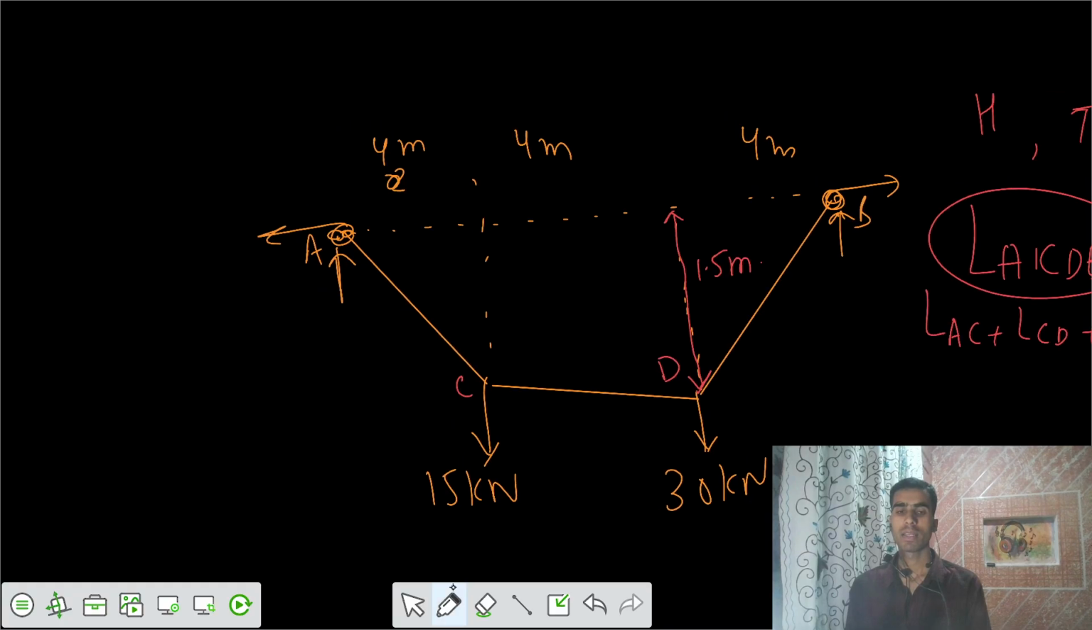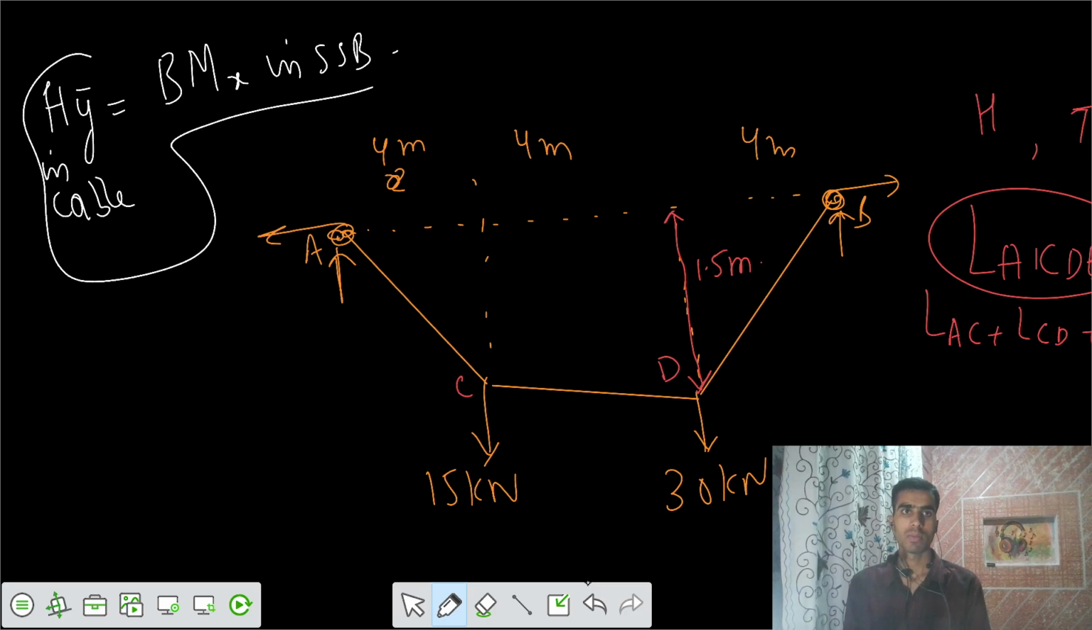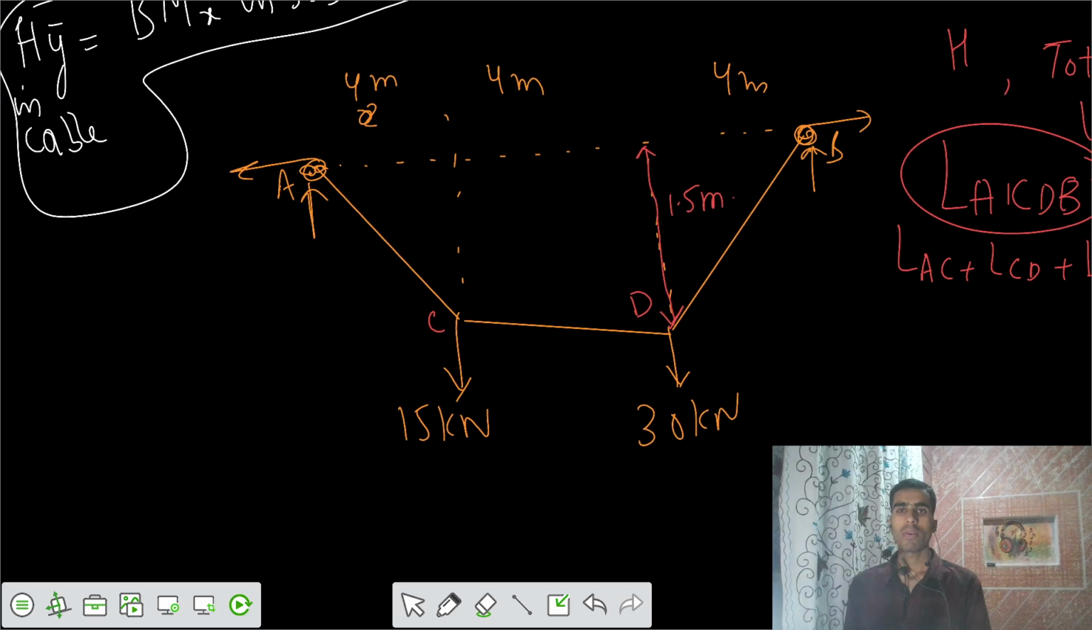Do you remember the general cable theorem? What was the statement of that theorem? Is this the statement of the general cable theorem? The horizontal reaction times the y ordinate at any location x in the cable is equal to the bending moment at that section x in the simply supported beam. Now, if I write that, what is the